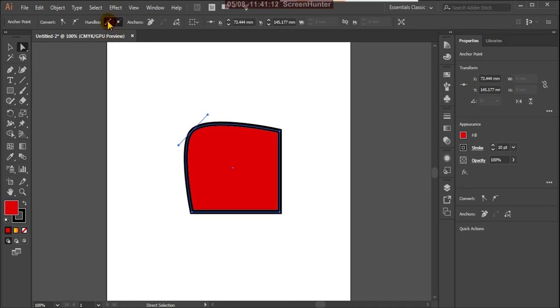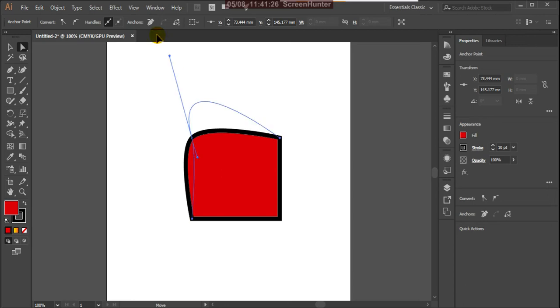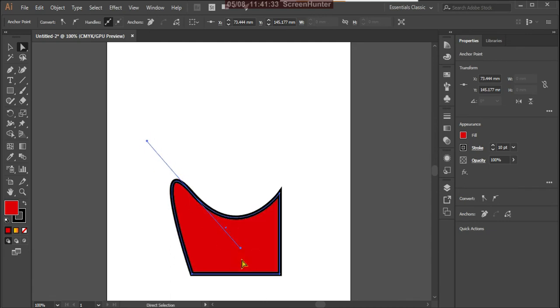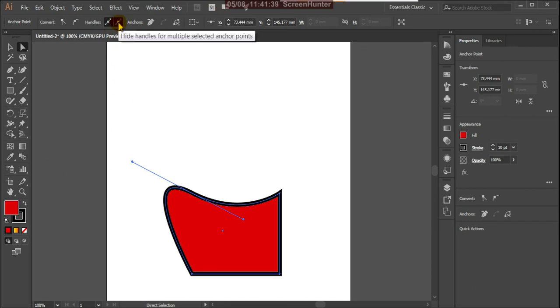Okay, and suppose this is show handles for multiple selected anchor points. So these are the handles. With this, see, showing that pink color handle. Okay, with this you can change your shape, so you can control the object shape.